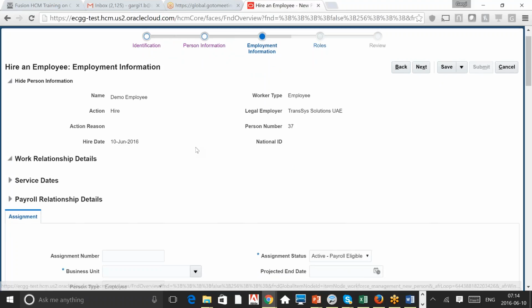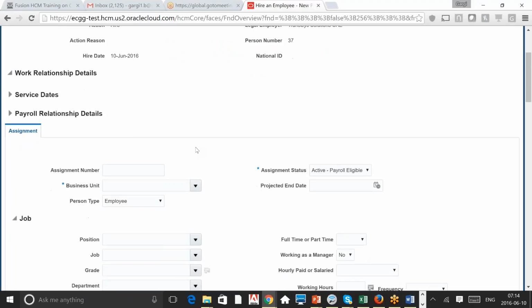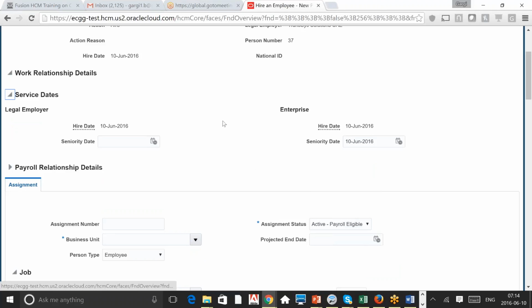Okay, so this screen has got a lot of information. We'll see from the top. Now there is something called service date. And the service date is important because most of the times you acquire subsidiary companies or you merge